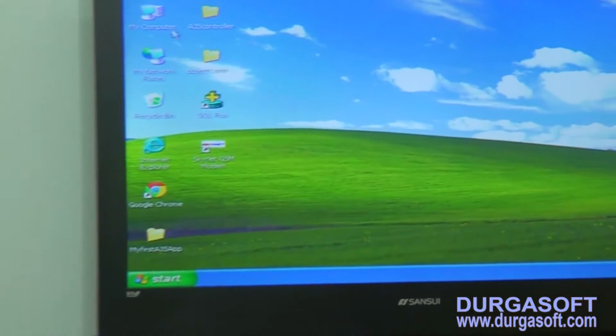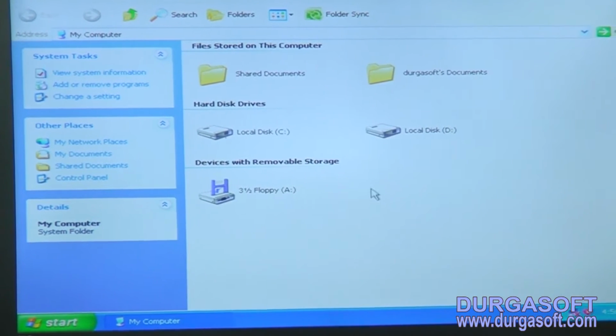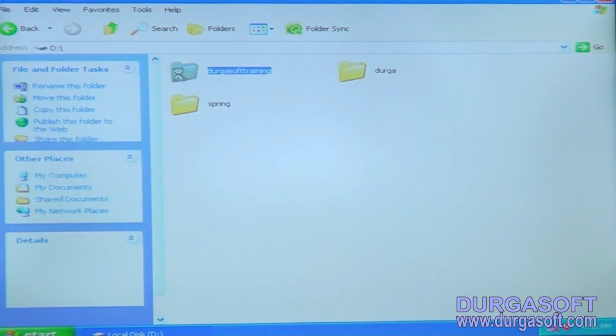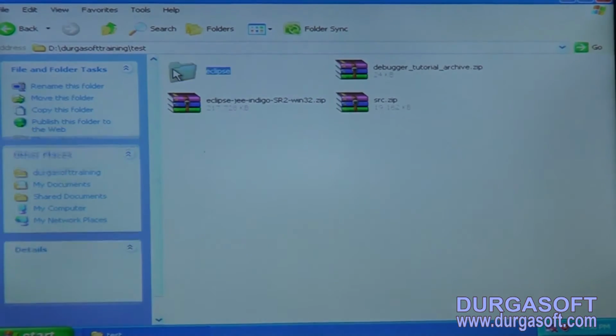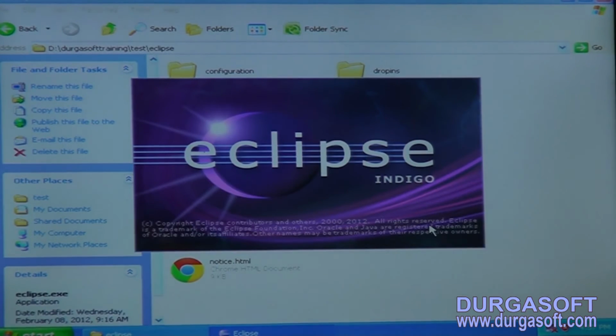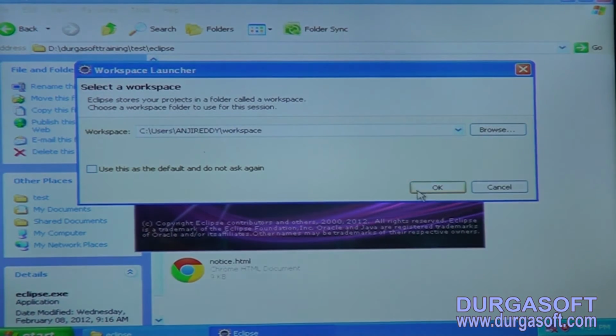Fine. Now we'll see the yesterday example practically. Now I am going to start the practical orientation of the yesterday example. Now open the Eclipse IDE. After opening the Eclipse IDE,